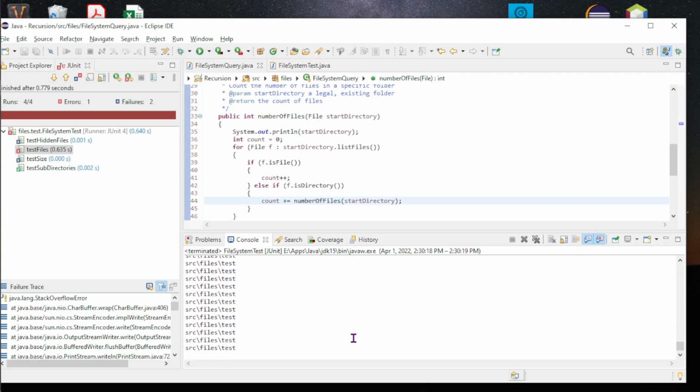So what this was is when I called this, I let Eclipse finish the code for me, which sounds like a good thing to start, right? It compiles. It's less work for me to do. It all works. But let me warn you, tools finish code for you, but not with an understanding of the problem you're trying to solve. Eclipse adds start directory there, but only because start directory is the name of the parameter on line 33. It happens to also be a variable in this code because it's recursive, but it set me up to fail